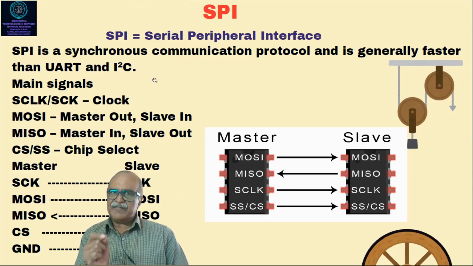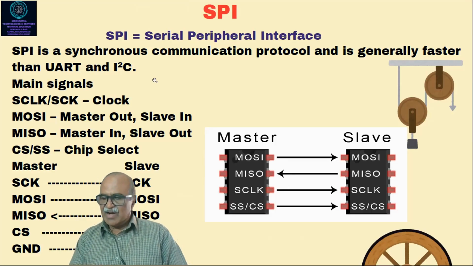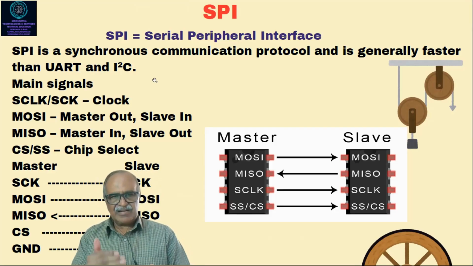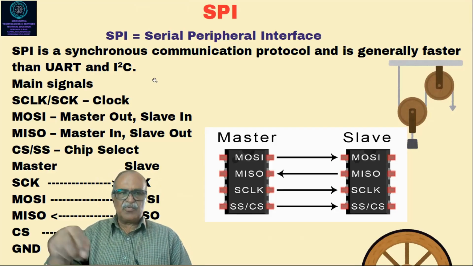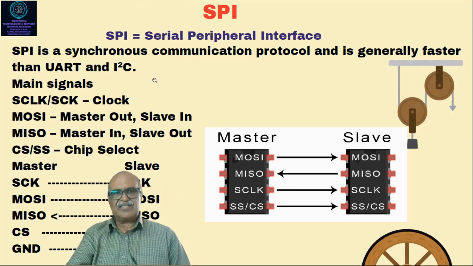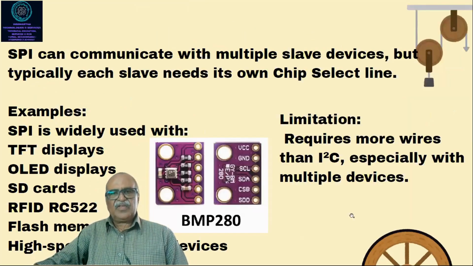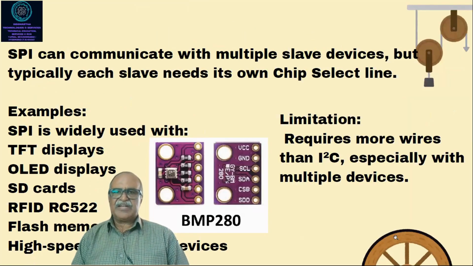Mainly how you will identify SPI: MOSI and MISO, right? Master out, slave in, and master in, slave out. It is taken like that. So wherever you see this MOSI and MISO, you will understand that it is SPI, that is Serial Peripheral Interface. All right. Now, SPI can communicate with multiple slave devices, but typically each slave needs